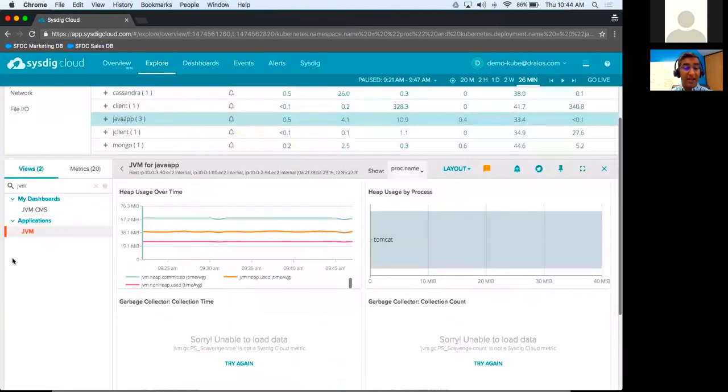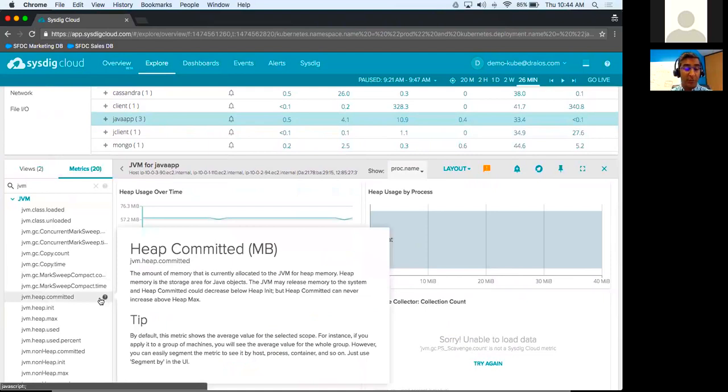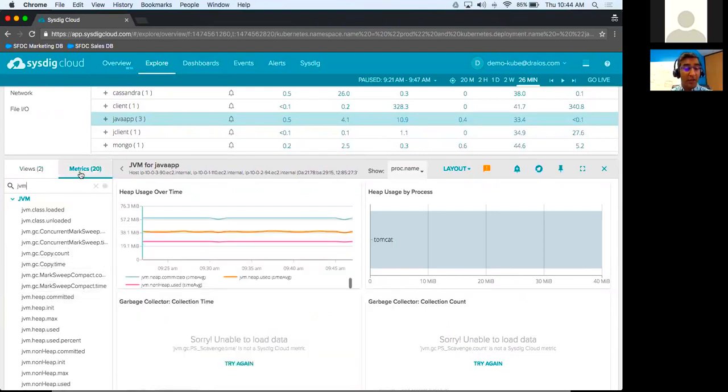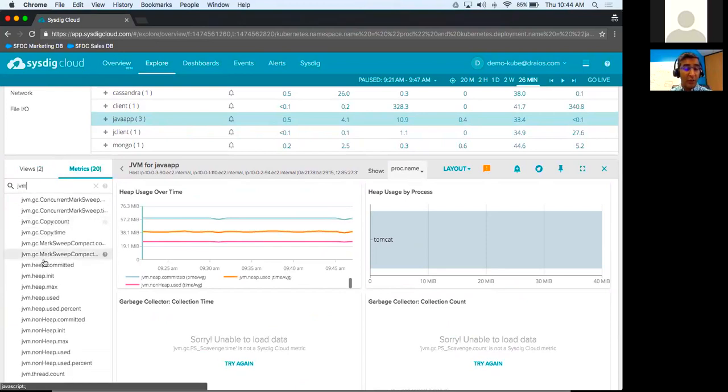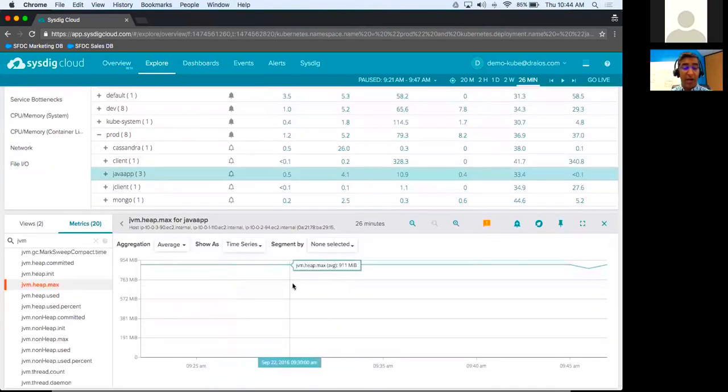Now, if that's not enough for you, we actually have more metrics in the system that we're not showing in these pre-built dashboards. So you can come over here to the metrics component, and you can see all of the metrics that we have in the system. And you can click on any of these to get an individual time chart, which you can further analyze.